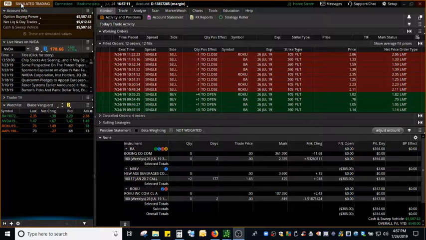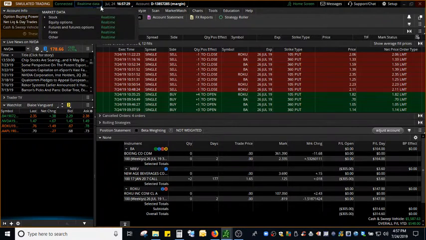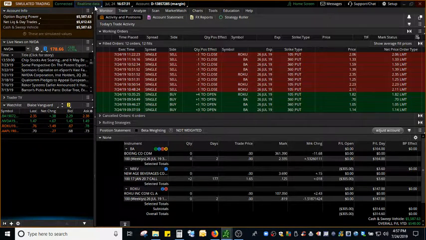This is a paper trade account, simulated trading. These are simulated values, real-time data. If this says 20-minute delay, call Thinkorswim. They can set this up to real time. If anybody tells you they can't, they're lying or they're wrong. You can set this up real time. Mine has been set up real time. It's still not 100% accurate,